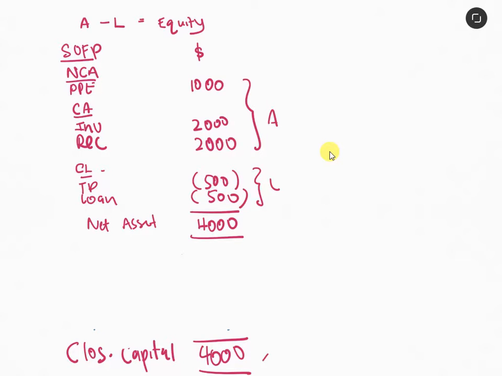Closing asset, closing liability, closing capital. Can I find profit from here? If you are given asset, given liability, from which we can find closing capital, can we find profit from here? Cannot. We can only find capital. Understand? But if